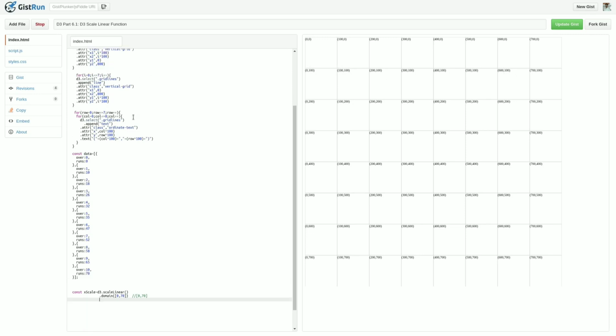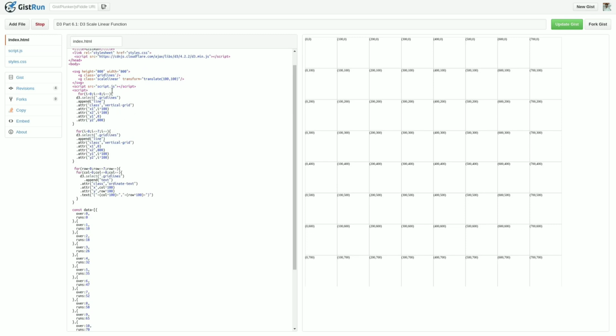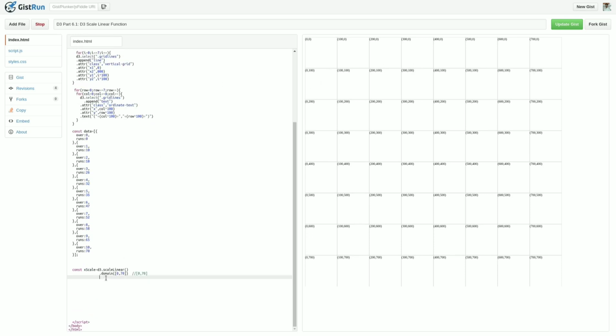Now I have put this group element at position 100. So it will start from here and it will go up to this 700 pixel. So the total width we have available is 700 minus 100, that is 600. So I want to convert this range 0 to 70 to the range 0 to 600.